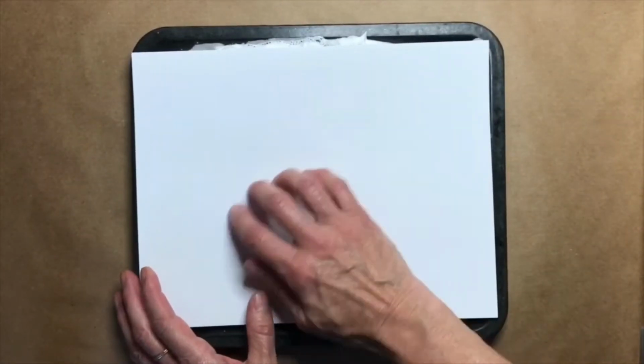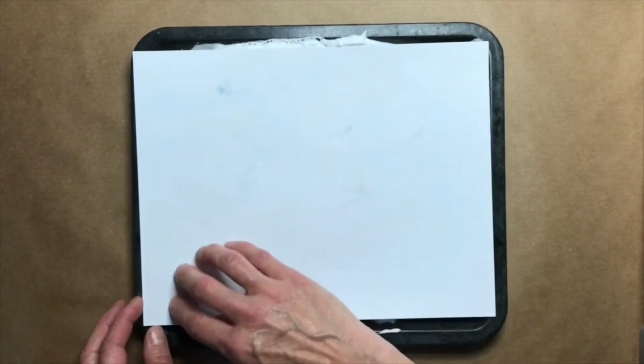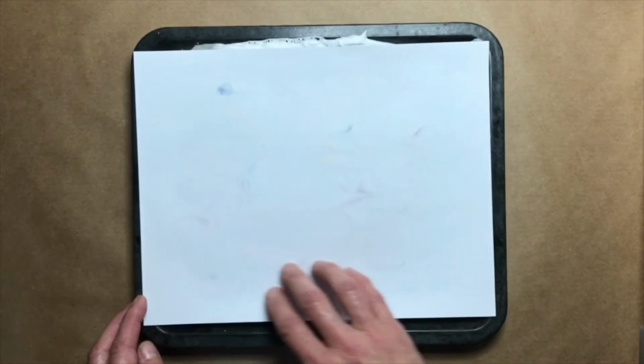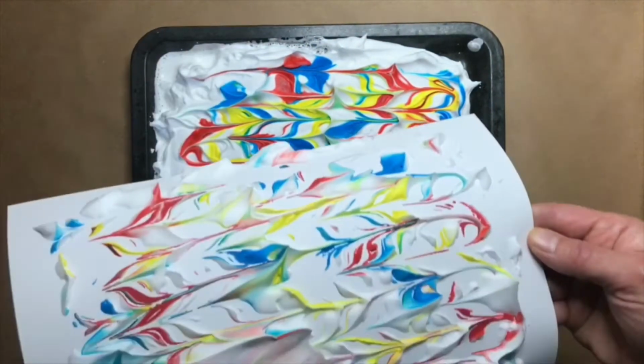top. And then I am just gently making sure that all the color gets on my paper at this point, because I don't want to lift it off and then not have any color left on there after all the work that I did. So once that's done, you're going to peel it away. There's going to be some shaving cream on there, but don't you worry, you'll see what we're going to do